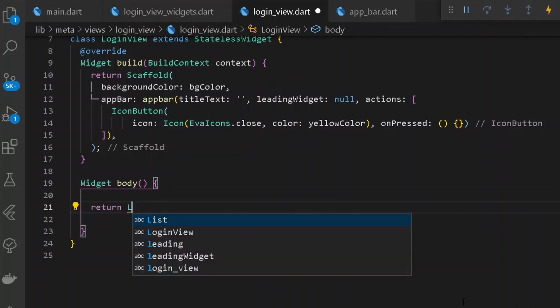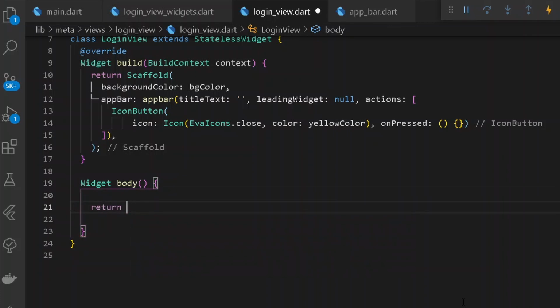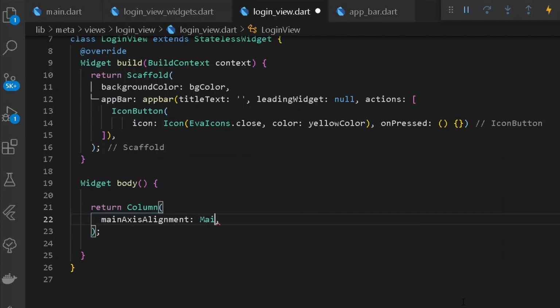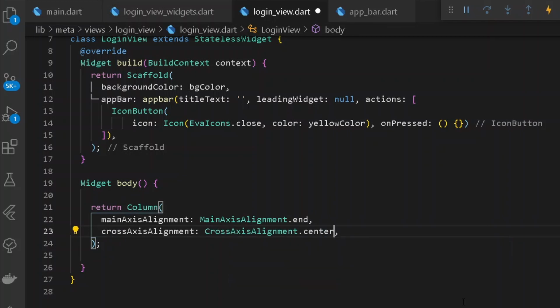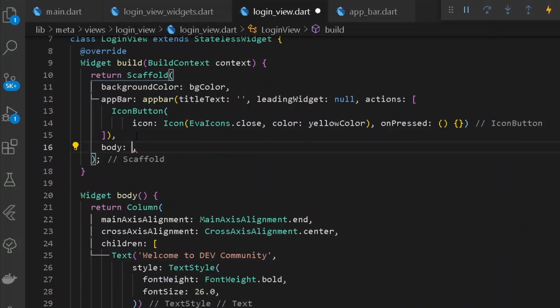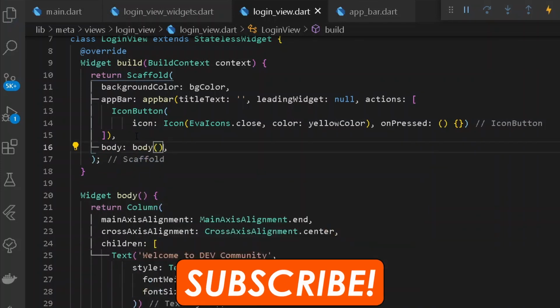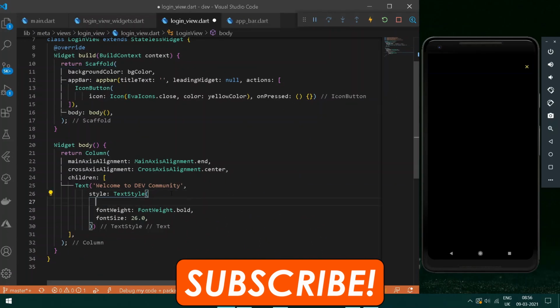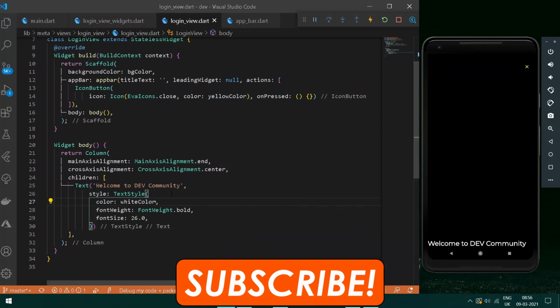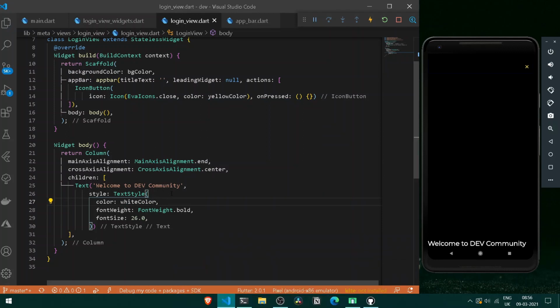So here let's return a list view, but you know what, instead of list view we can also have a column so that we shall be getting all the alignment properties. So here first of all let's have a main axis alignment of end, and also under the case of cross axis alignment let's have cross axis alignment from center. Under this text I shall be simply writing, let's have some styling to it, body, and here let's return a body itself. Let's check it up. Cool, so now let's do one thing, have some color to it of white color. Cool, so we have our new text here of dev community.